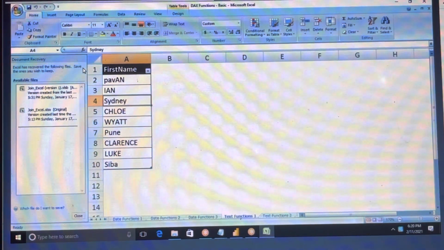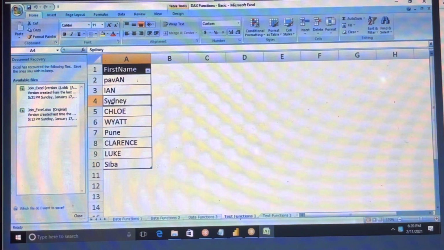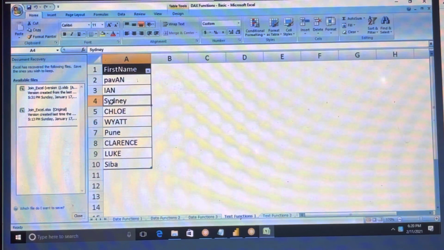And if you want the right 2 letters, there is a RIGHT DAX function. In between, Sydney we have. For example, I want to get YDN. So starting position 2, and how many letters from that? 3 letters. If you mention that, you can get YDN.